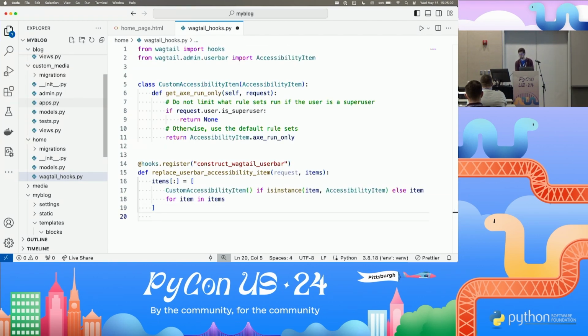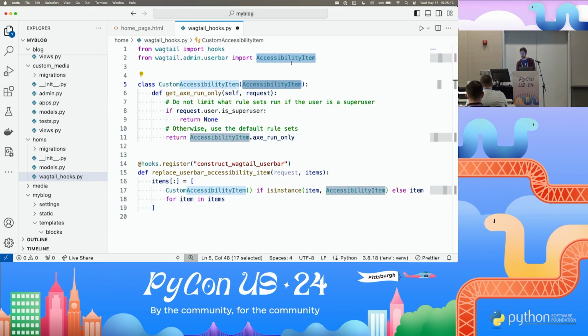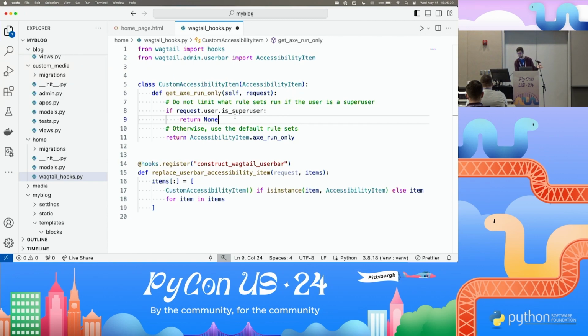And what this is doing is, when it loads this hooks file, it will use the construct Wagtail user bar hook to replace the stock accessibility item with the custom accessibility item that we are subclassing from that. And what we're doing is if the request is coming from a super user, an admin user, then we will not limit what rules the accessibility checker runs. I'm going to save this,